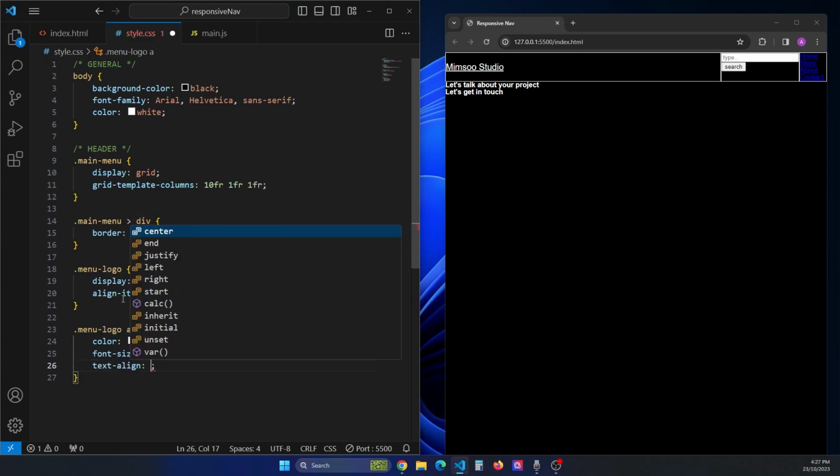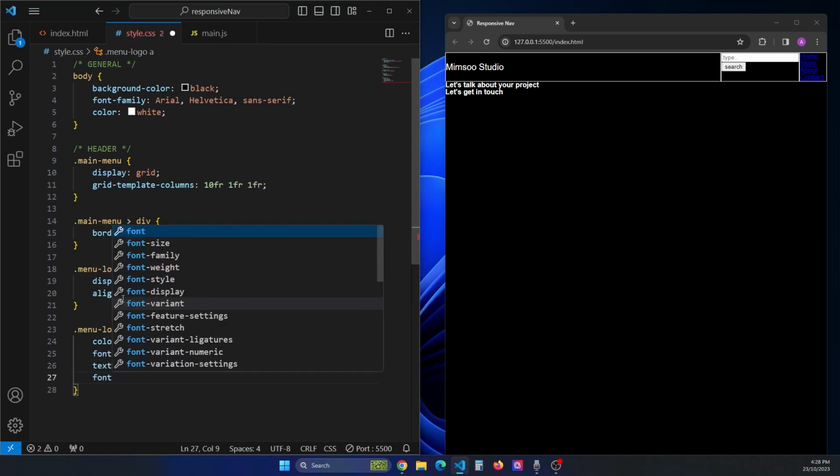Let's remove this underline. Text decoration none. What else? So font weight